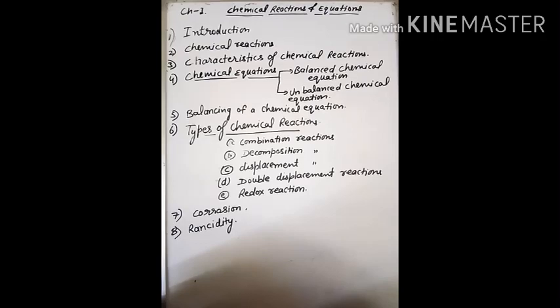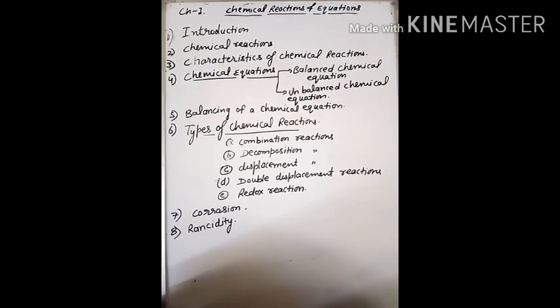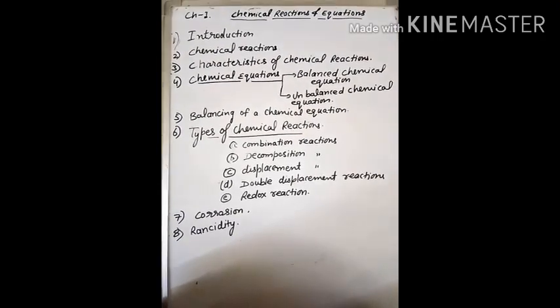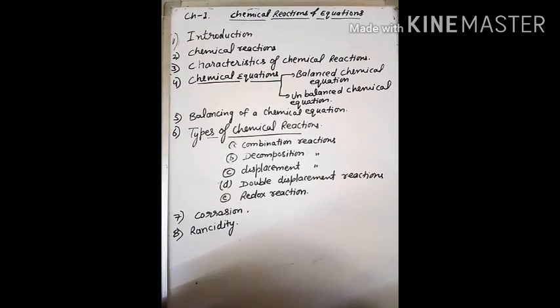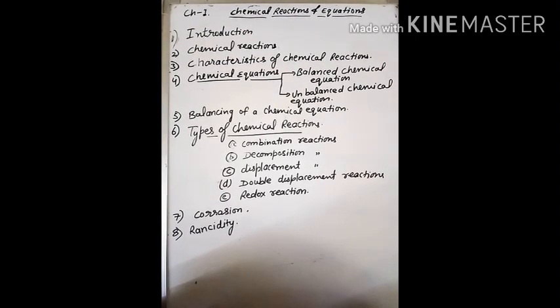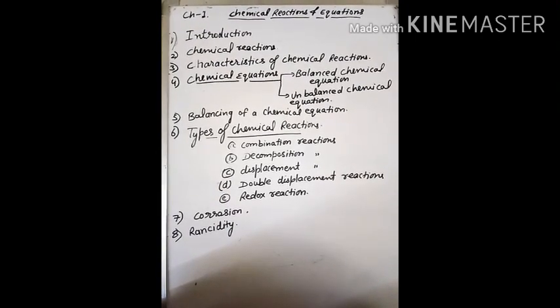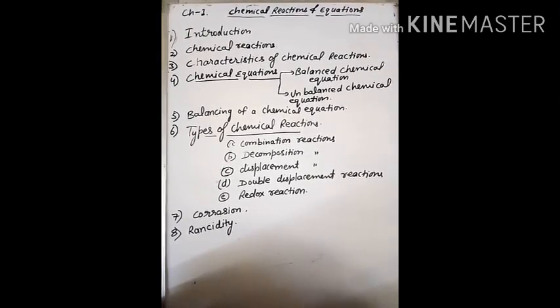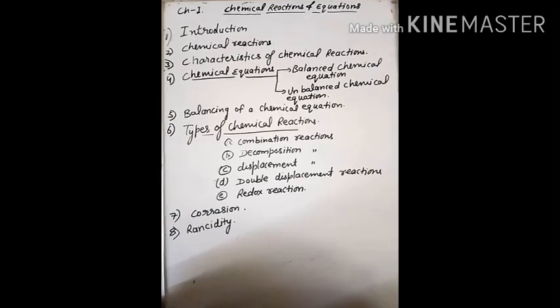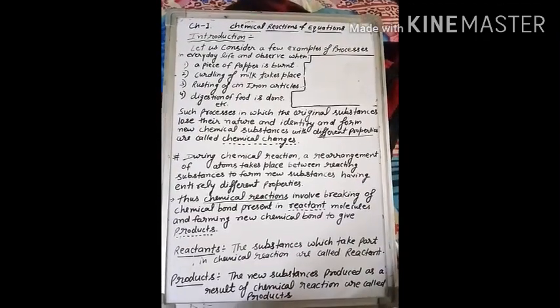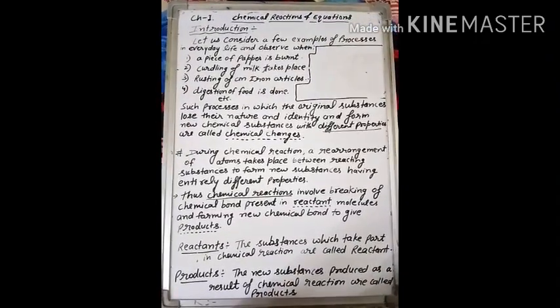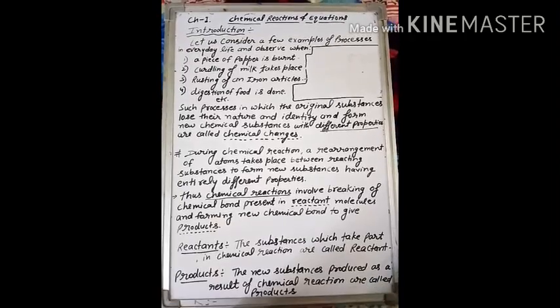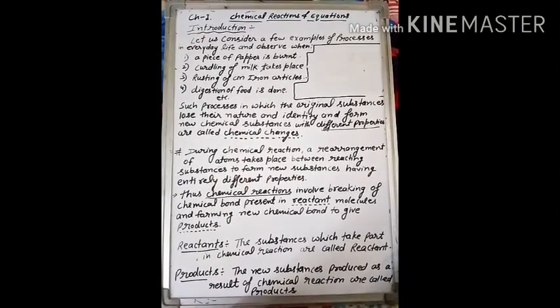After that, types of chemical reaction: combination, decomposition, displacement, double displacement reaction and redox reaction. After that, corrosion, and in last, rancidity. So in the whole chapter we will discuss these topics in detail. First, start with introduction. Let us consider a few examples of processes in everyday life and observe when a